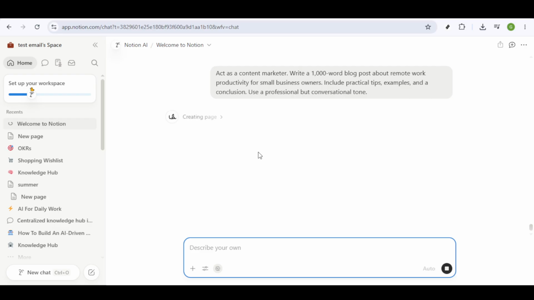So next time you work with Notion AI, try applying this formula and watch how it elevates the quality of